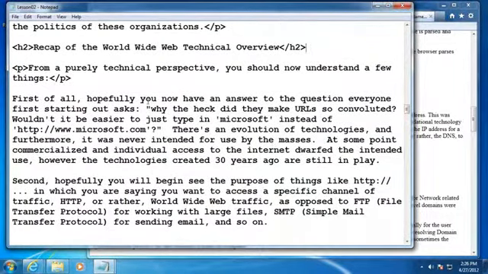What I want to do is render. You can see that, from a purely technical perspective, you should now understand a few things. First of all, second, hopefully, third, hopefully, fourth, hopefully, fifth, hopefully, and so on. And what I want to do is create an ordered list of these items because they all need to be kind of understood together and in a certain order. So I'm going to create an opening OL tag. And then I'm going to wrap each of these items with a beginning list item and an ending list item